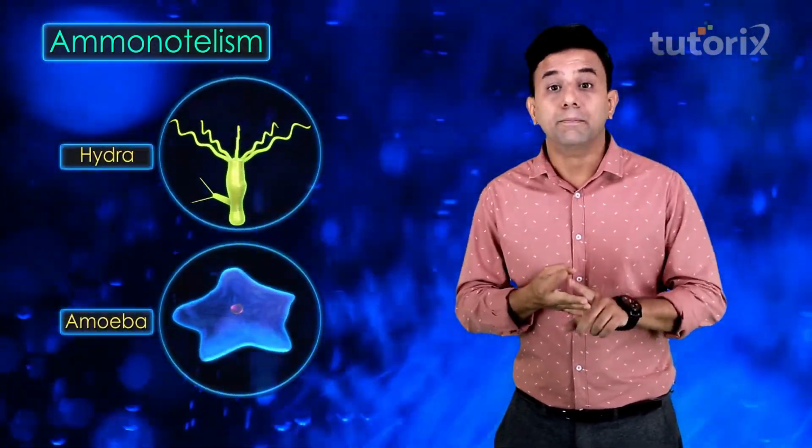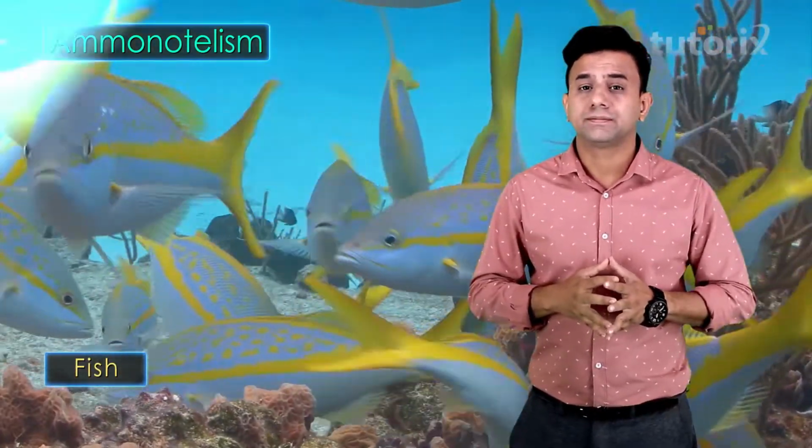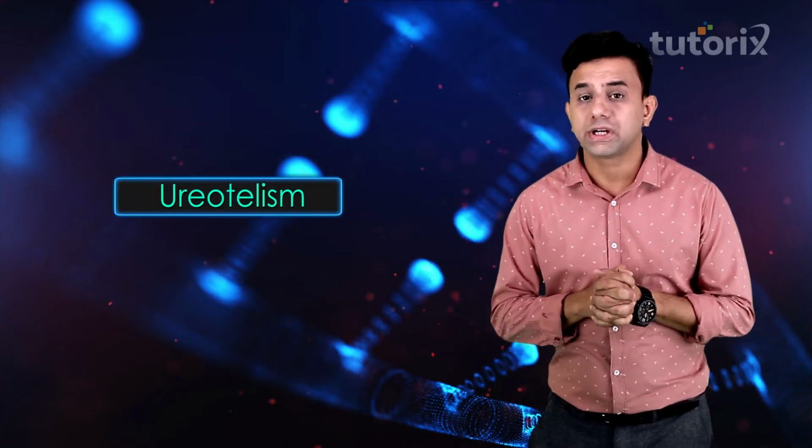So friends, let's quickly see some of the examples which show this type of excretion, that is ammonotelism. Some of the examples are aquatic invertebrates, for example the sponge, the hydra, amoeba, tadpole larva of frog, as well as the bony fishes, etc. So friends, we are now clear about ammonotelism, and now let's talk about another mode of excretion, that is